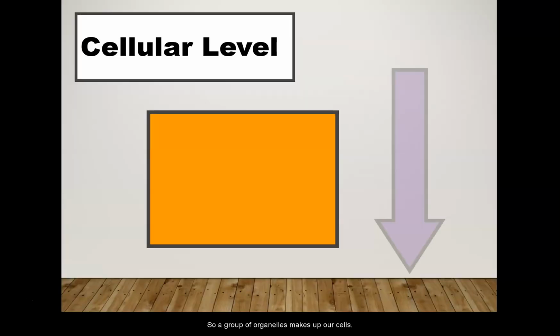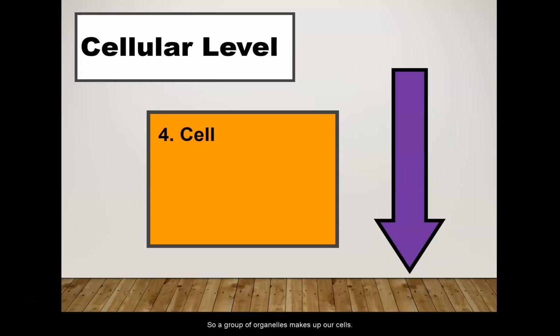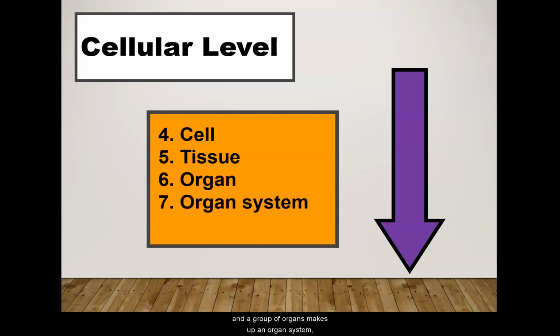So a group of organelles then makes up what we would go to next, which is our cellular level. A group of organelles makes up our cells, and a group of cells makes up tissues. A group of tissues makes up an organ. A group of organs makes up an organ system, and a group of organ systems makes up an organism or the individual. Once you get to the cellular level and to organisms, now we're going to go into the ecological levels,